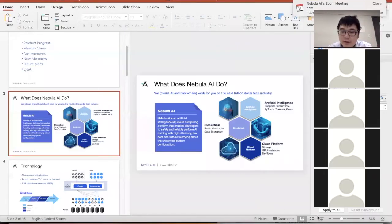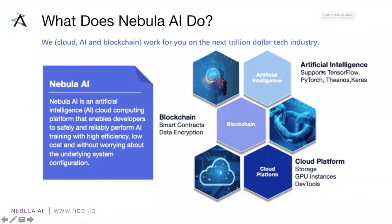Okay. So as you see, this time I'm in the new office room. Officially, I moved from the development box to the business development box. So basically, we are focused on developing business now. One general idea is, for people who haven't entered our meeting room before, I will discuss what